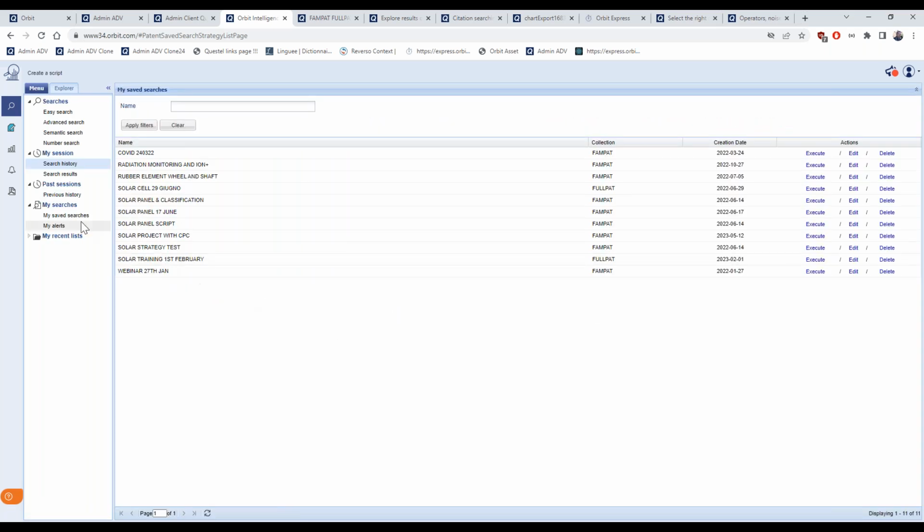This search query is now saved in my saved searches. Solar project with CPC, and you can execute or modify, or you can delete from your account.